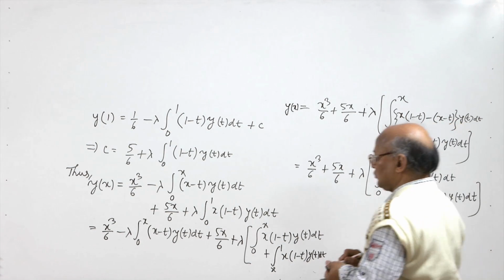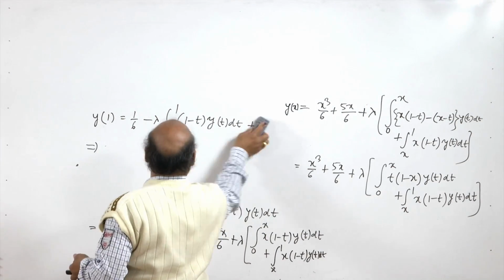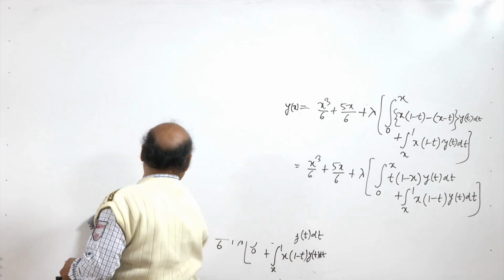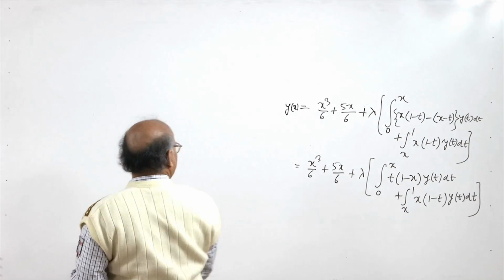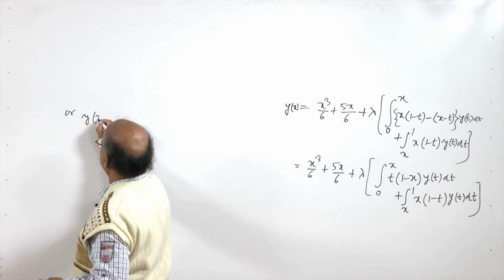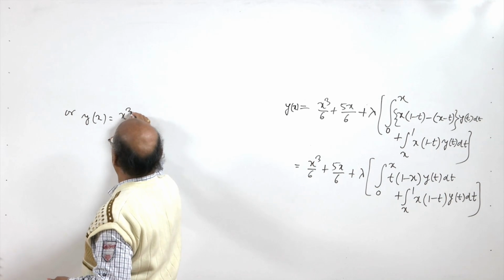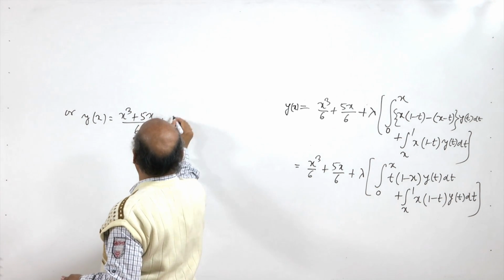Okay. Now, what we do is we can write this equation as y(x) equal to x cube by 6 plus 5x by 6 plus